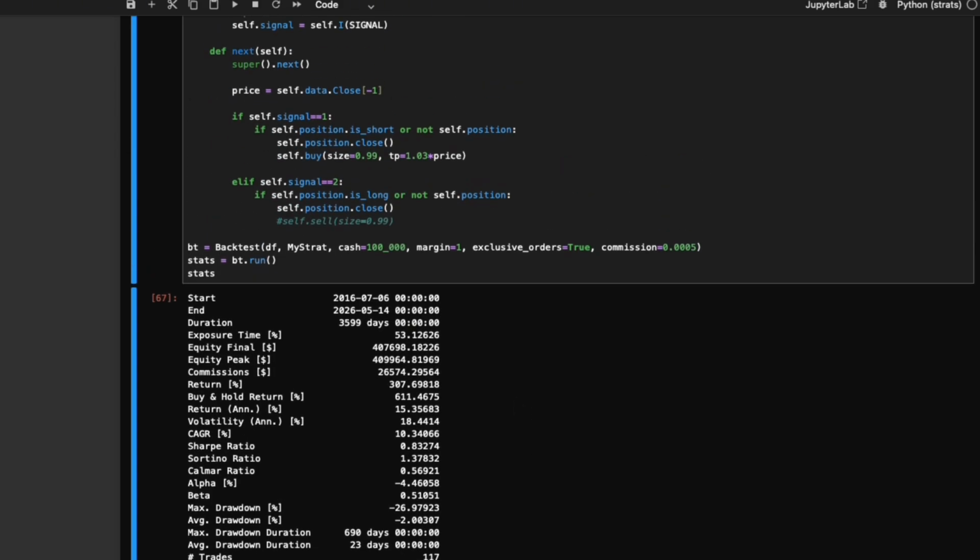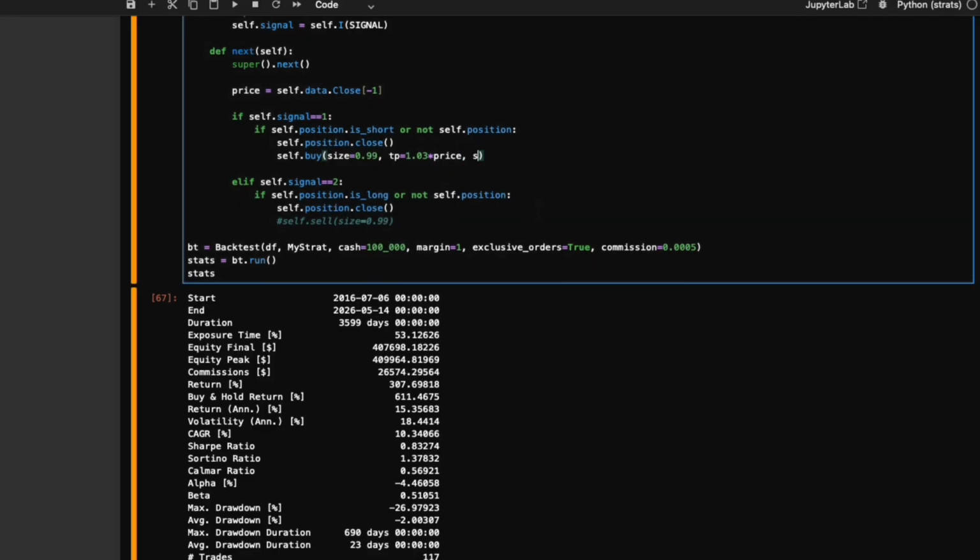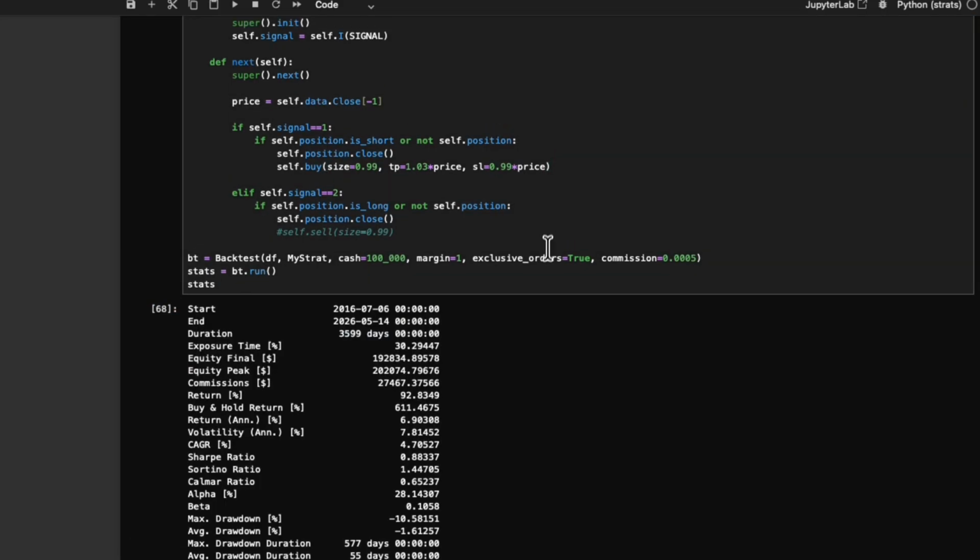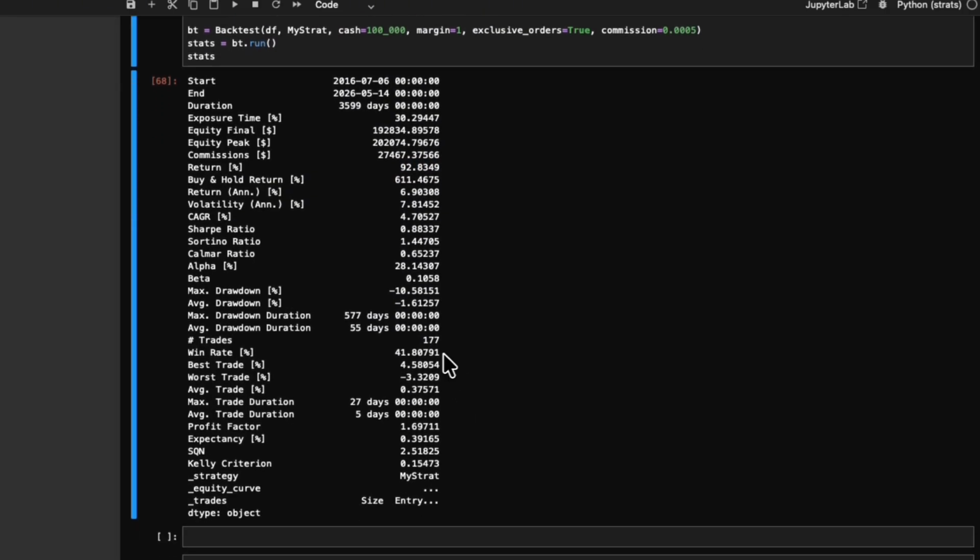Stops can kill a strategy, and you should be using them, but you can't do it to the detriment of your actual gains. So, for example, if I set a stop loss here at 0.99 times price, or 1% stop, and run this, it will kill the return. So we went from 300% to 92%,